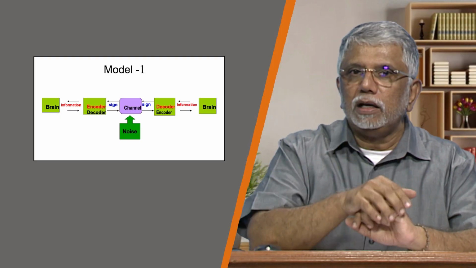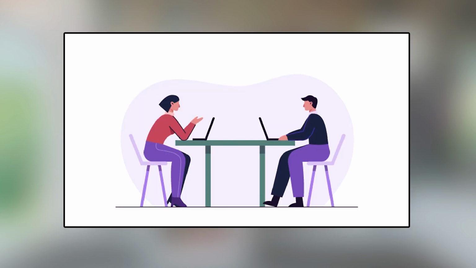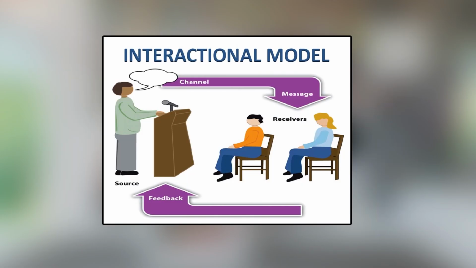Let me repeat. In regular interpersonal communication, you don't break down the interlocutors into brain and encoder and decoder devices and so on and so forth. It's interlocutor 1, interlocutor 2, communicator, communicatee, sender, receiver. So, the sender's message is encoded, sent through the channel, received by the listener, decoded, and he or she makes sense